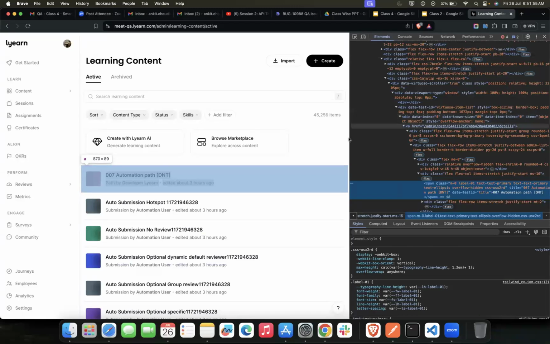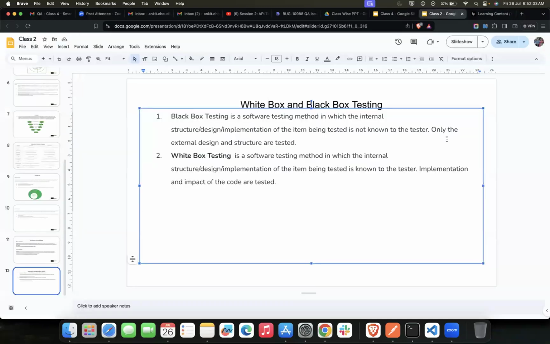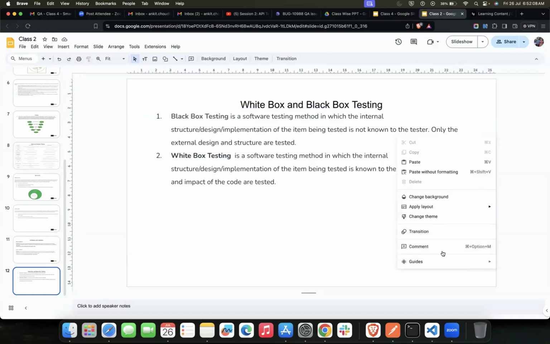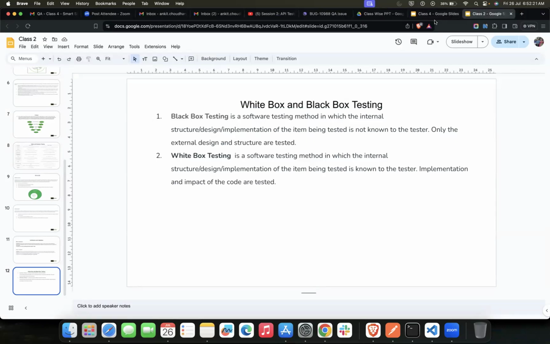And if that inspect menu was disabled for us and we were not able to access it, as you might have seen in this slide, there is no inspect menu here. So we are not able to see the source code, correct? Yes. So this is black box testing for us. Are we clear about black box and white box testing along with the examples? Yes. Okay, good. Now we'll be moving towards the next topic.